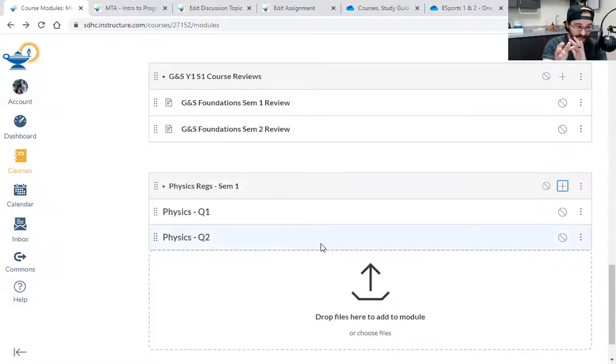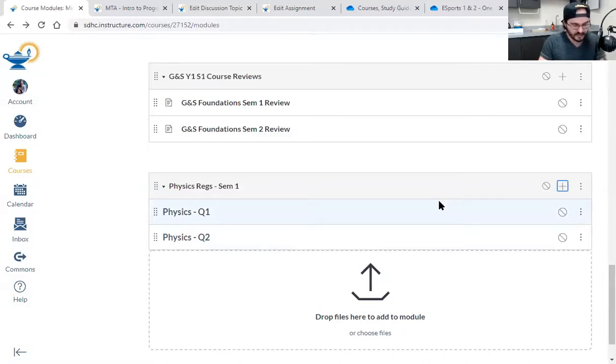The reason I'm telling you guys to do it this way is for organization purposes. Could you imagine having 4 preps? Let's do 3 preps. You have 3 preps, and 4 quarters, right? So 3 times 4 is 12 different modules. I don't have that many fingers, right? So on your front page here, you're going to have 12 different modules, and then under each of those quarters, you have all the modules for those quarters.